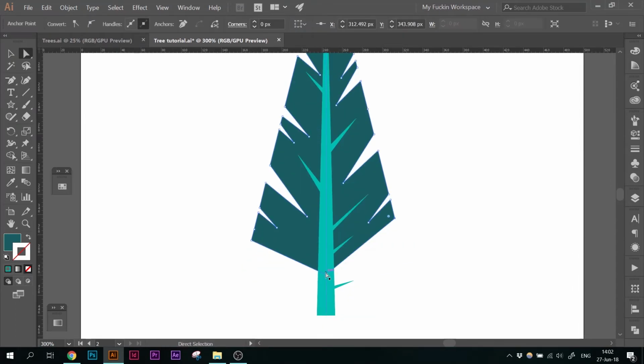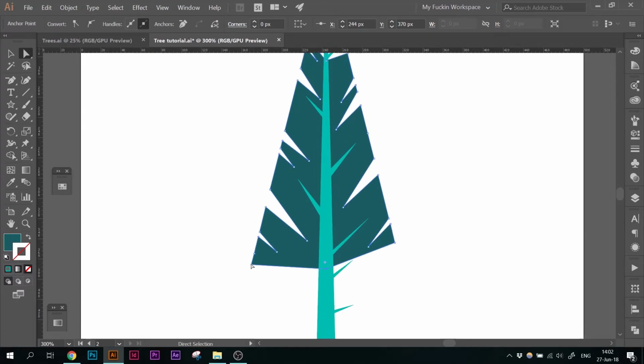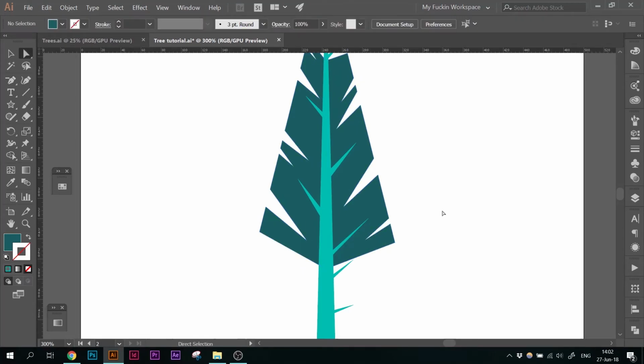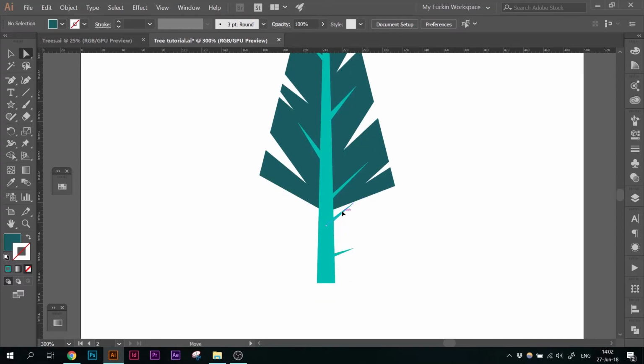I'm gonna move this one a little more up. Maybe also this can go. This one, it's too slopey, I'm gonna move it a bit up. Yes, something like that. Can move this branch a little more down and draw another branch, because you will see